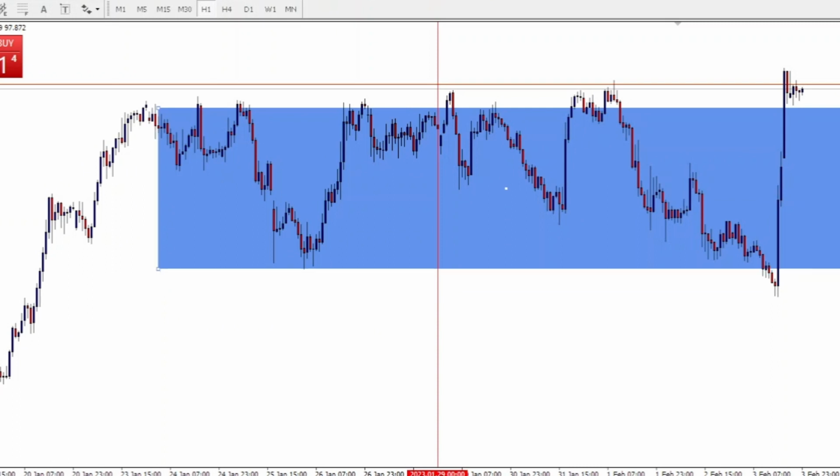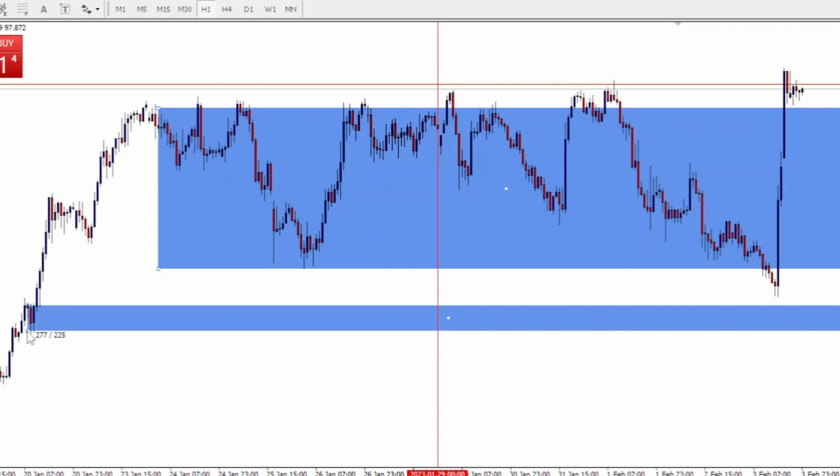Remember, when we want to identify our order blocks, we look at our higher lows. So when I look at what happened right here, I can clearly see that there is an order block right here. And when I connect my candles and stretch it out like that, you can clearly see that the market actually pushed all the way to the upside. It started ranging in this zone right here, but it pushed all the way to my order block right here. It could have come either to this level, but it actually came to this level right here. And when it started pushing all the way to this level, that's when the market started pushing all the way